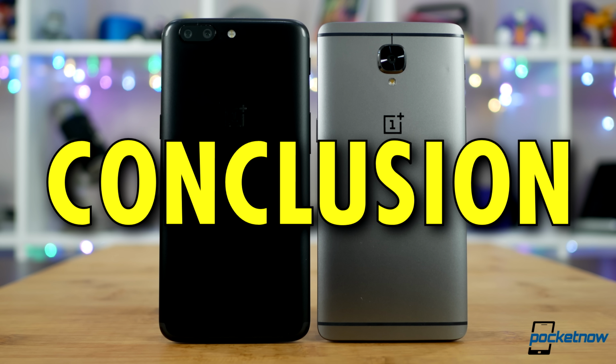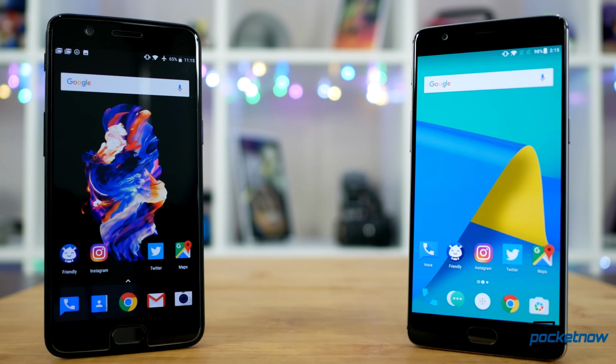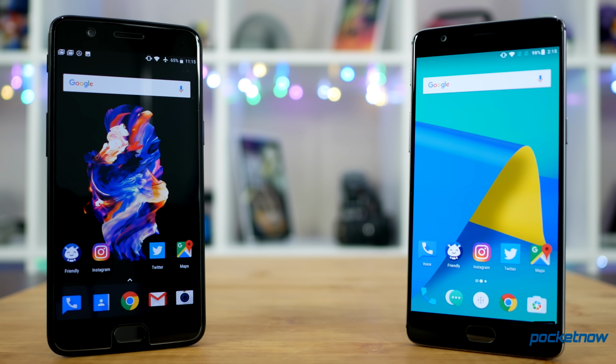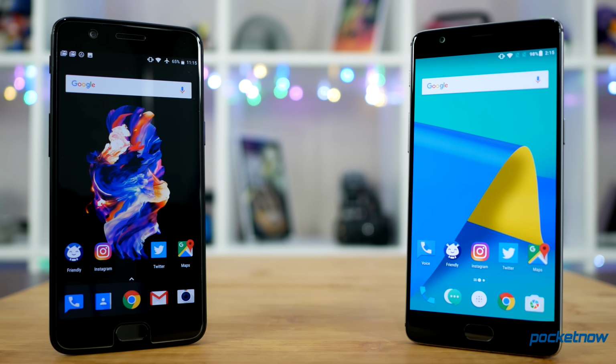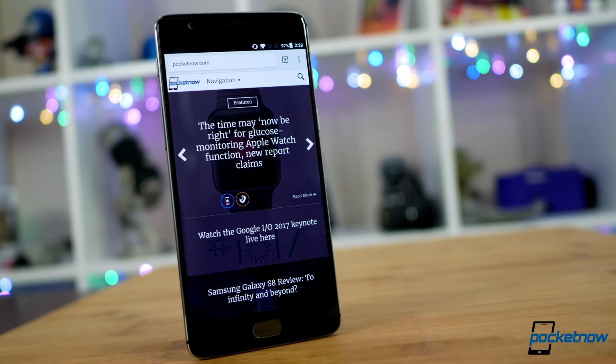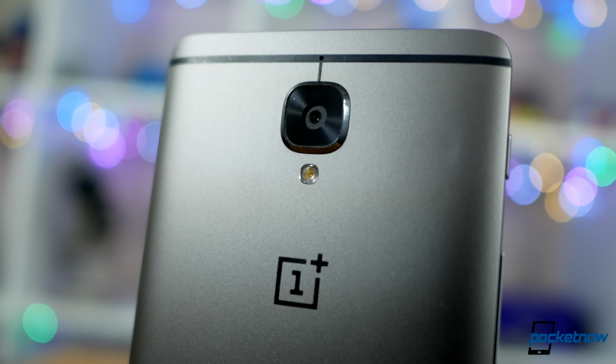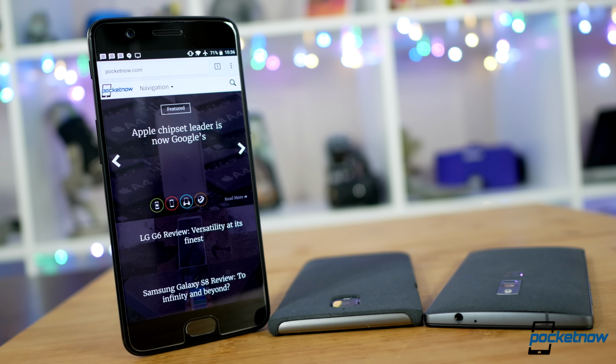So let's wrap this up. Where does that leave us between the OnePlus 5 and the OnePlus 3T? The idea of a 1-year upgrade is increasingly difficult to support. Most of this comparison was obviously produced on the 3T, which is only 6 months old. But even for owners of the OG OnePlus 3, this is maybe the hardest recommendation we've yet faced when looking